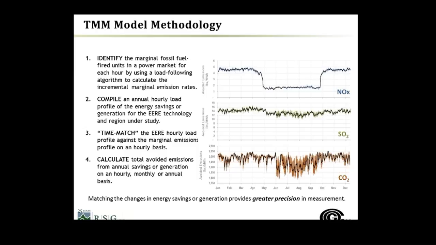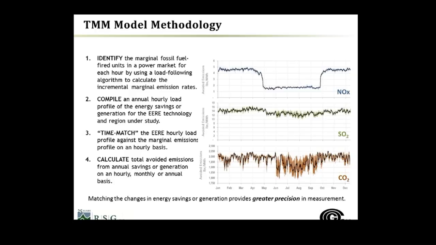So I want to just run you quickly through the TMM methodology. On the left here we have the steps which we take, and on the right I'll look at some of the results. Firstly, the model identifies the marginal fossil fuel-fired units in a power market for each hour by using a load following algorithm to calculate the incremental marginal emission rates.